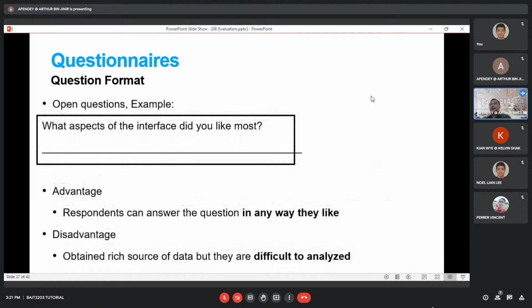And then for the open question, that is the example you can see from the slide. What aspect of the interface did you like most? Okay, there is no option A, B, C, or D. You need to give your own opinion. Advantage of using the open question: respondent can answer the question in any way they like. So the answer might be varied, and